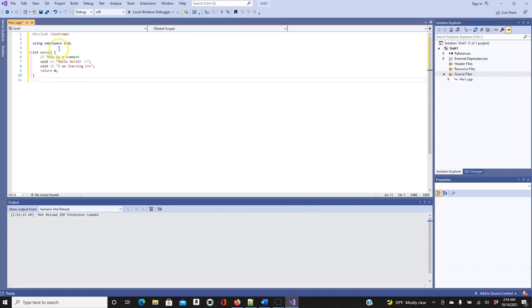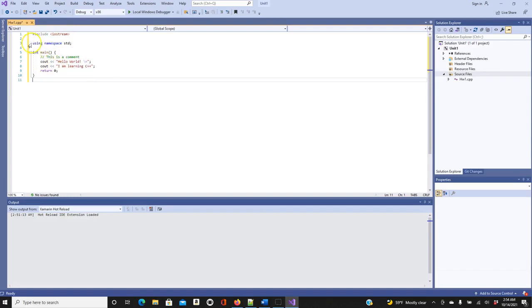Okay, we're going to see, we can do a couple of demonstrations here. So that's your code, and what this means is the first line here is your header file library that lets you work with input and output objects like cout here. Okay, the header file adds functionality to a C++ program. So it adds a lot of functionality. Okay, because if you don't have this, then you won't be able to use this guy here. That's what this is saying.